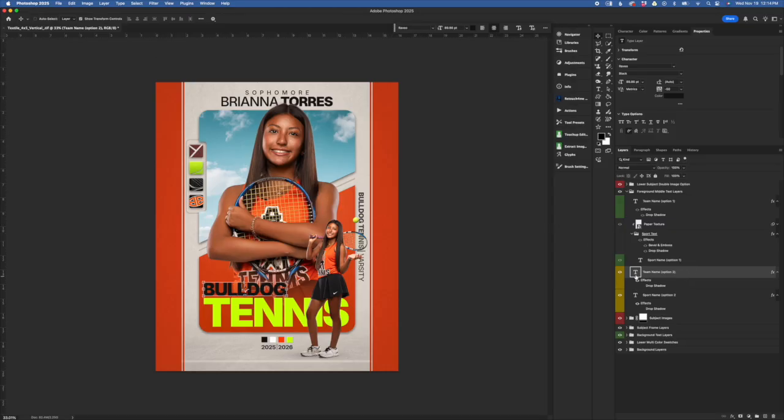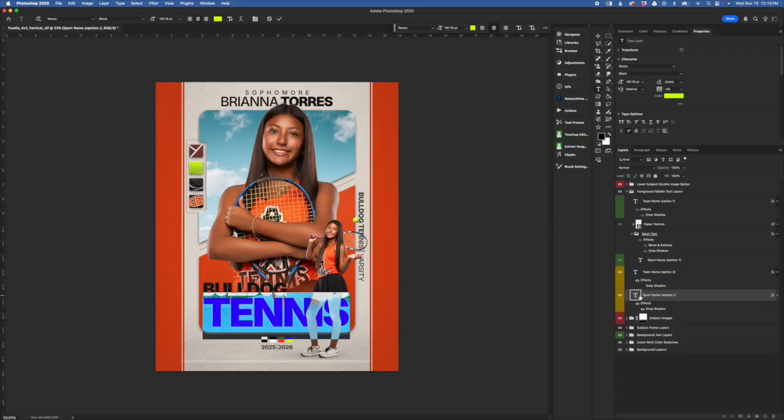So changing the colors, very simple. It's just a standard text layer. It does have a drop shadow, so if it's not standing out enough and you need the drop shadow, you can turn it on, you can adjust it. Same for this other one here. But otherwise, just double click on